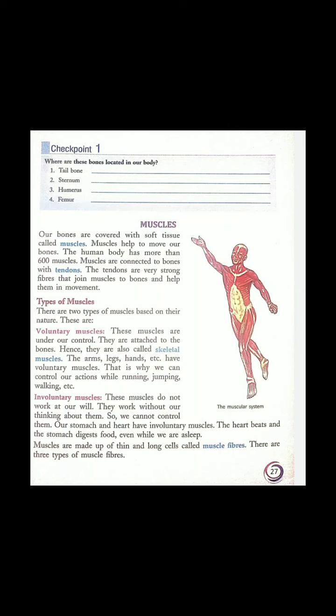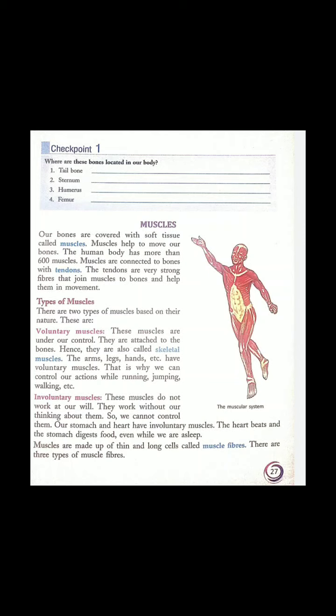Now, muscles are connected to the bones with the soft tissue which is called tendon. Remember, bones are connected to each other with the tissue called ligament, and muscles are connected to bones with the tissue called tendon. And according to the nature of functions, we can classify muscles into two types: voluntary muscles and